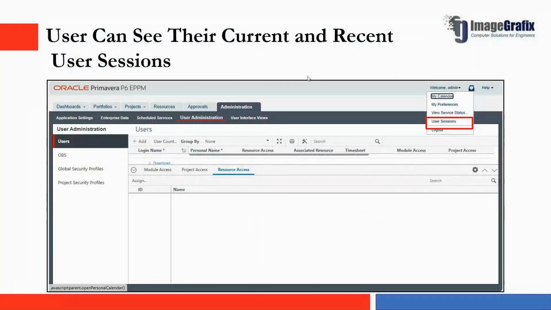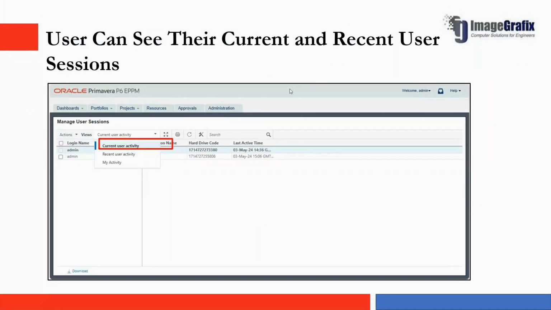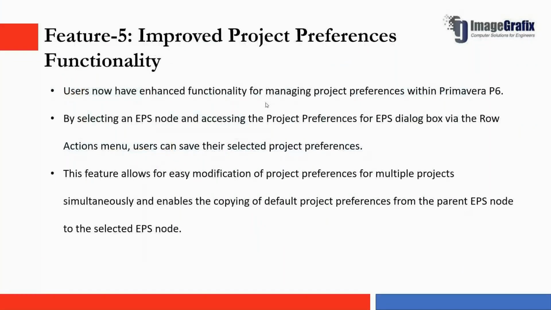Now users can see their recent sessions, and this option is done. The fifth module: this feature improved project preference functionality. Again, it comes under the admin part. Now the user can, for example, make this particular EPS follow the same functionality. For example, some specific calendars are assigned, or this option will be helpful for easy modification of project preferences. We no longer need to modify separately for each and every project. We can modify a number of projects simultaneously at a time, and copy default project preferences from the parent EPS node to the